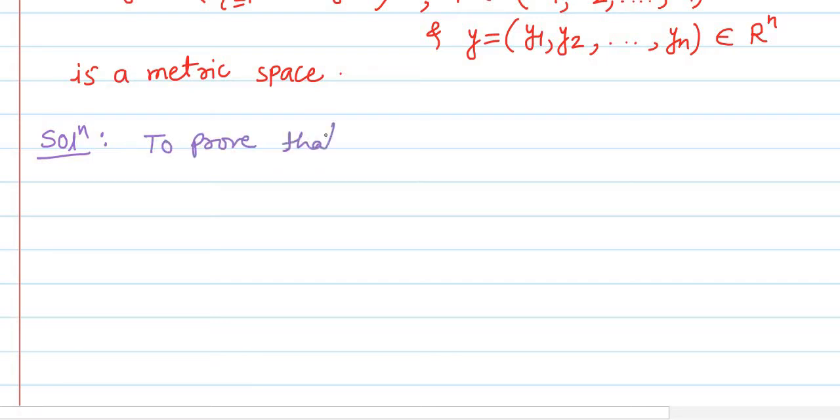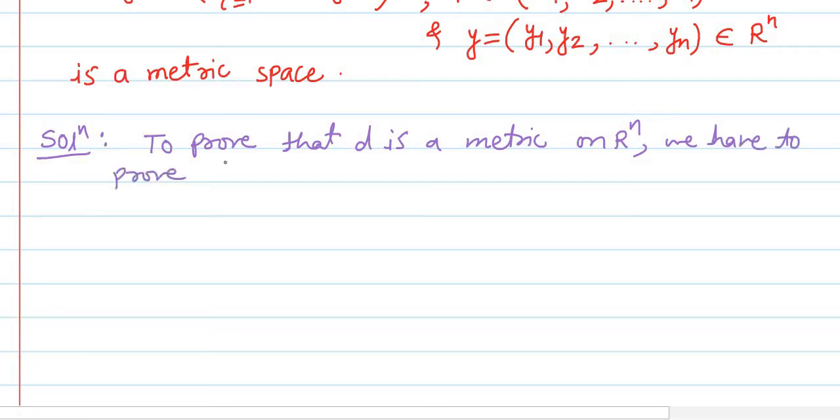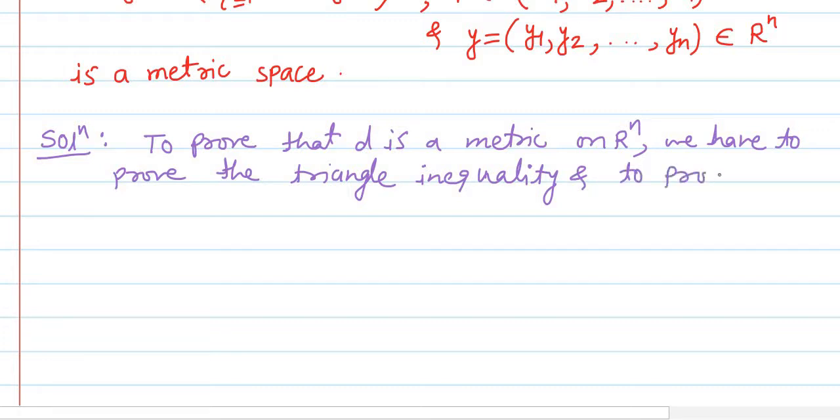Okay, so to prove that D is a metric on R raised to n, we have to prove the triangle inequality. Because the remaining three we have verified orally. Okay, we have to prove the triangle inequality, and to prove the triangle inequality